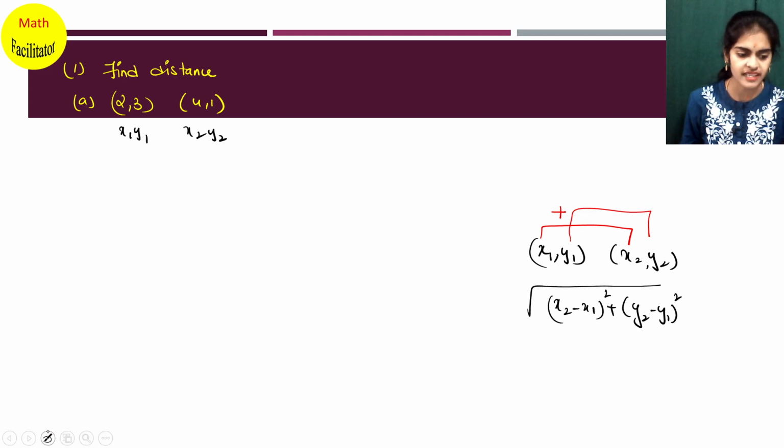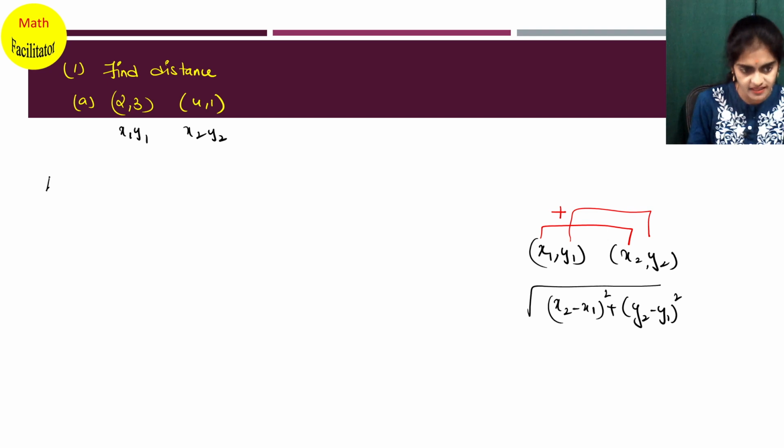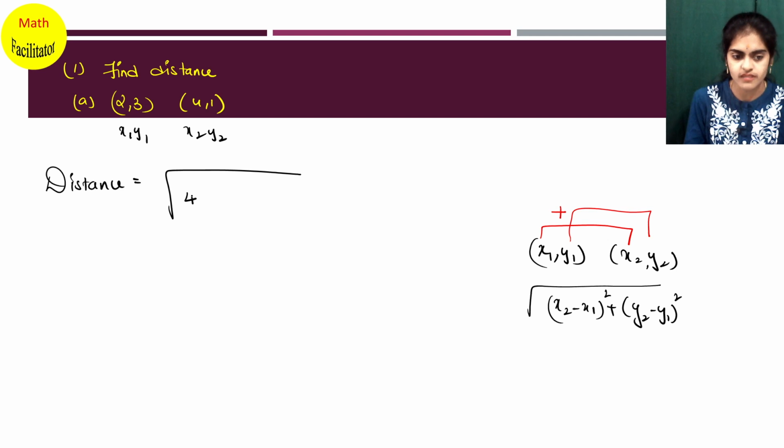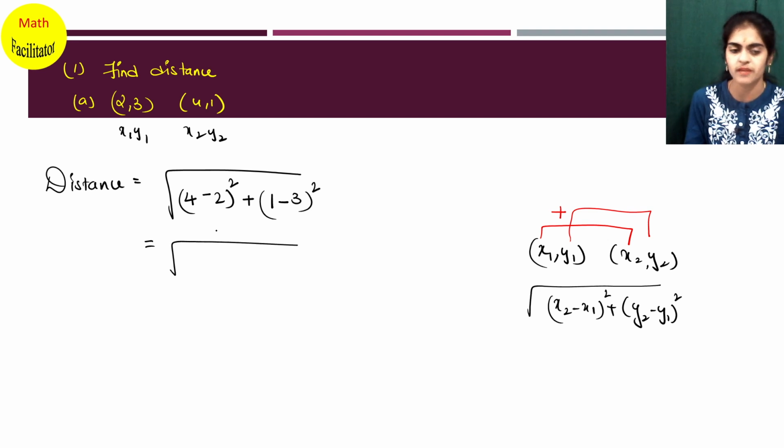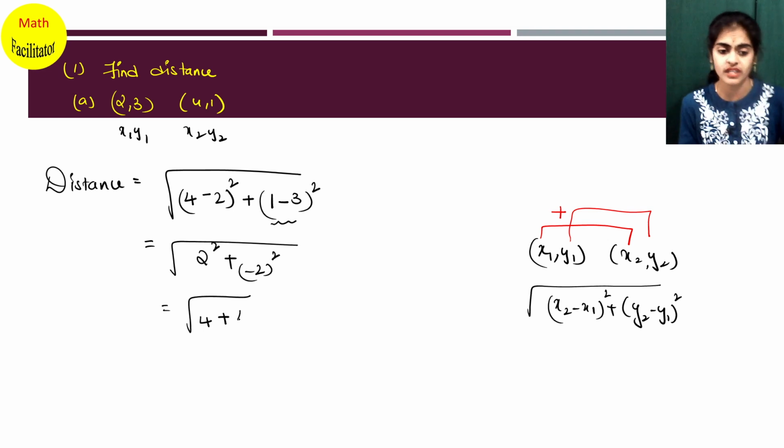Okay, so let us apply that formula here. This is x1 y1, x2 y2. So if I want to find the distance between these 2 points, let me consider the distance between these 2 points is root over x2 is 4 minus x1 is 2, so x2 minus x1 whole square, plus y2 is 1 minus y1 is 3, y2 minus y1 whole square. So this gives you root over 4 minus 2 square, is 2 square. Okay, 4 minus 2 is 2 and you have a square. Plus 1 minus 3 is minus 2 and you have a square. So what is the final answer we get here? So it is 2 square is 4 plus minus 2 whole square is also 4.